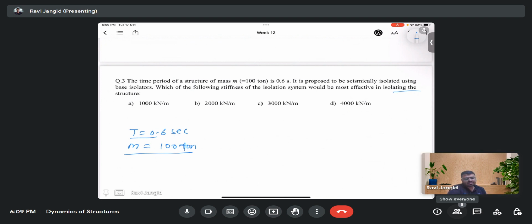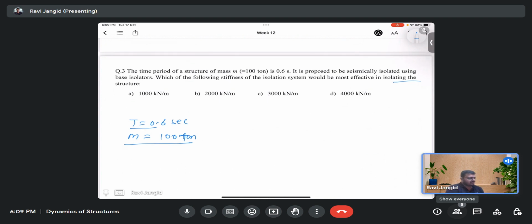I don't exactly know, but time period is given, means frequency is given. So we can take that ratio of frequency, and that should be around 10 raised to minus 2. So from that, can we go to stiffness? That might be another way, but here what we do,